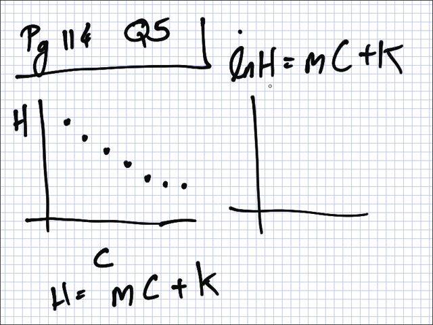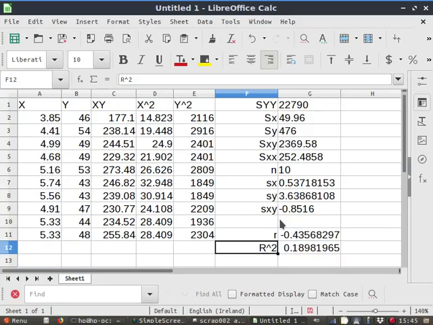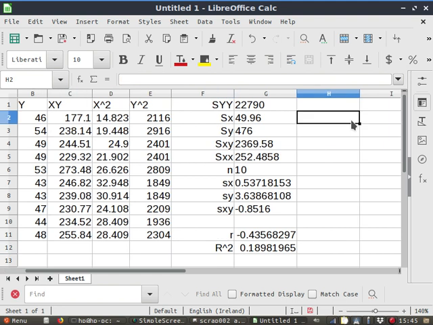In other words, rather than saying the hours has a linear relationship with caffeine, maybe it's the log of the hours that has a linear relationship with caffeine. So, the point here is, rather than plotting hours, you plot log hours. Now, this is the advantage of using Excel. I can replace all my y's with log values. So instead of having 46 hours slept, I would have